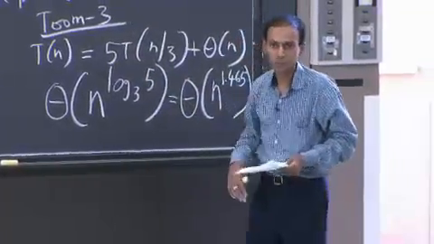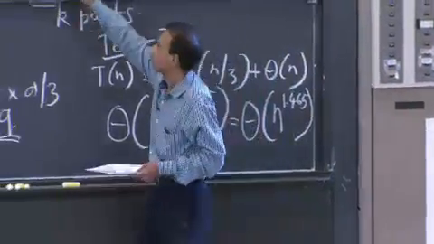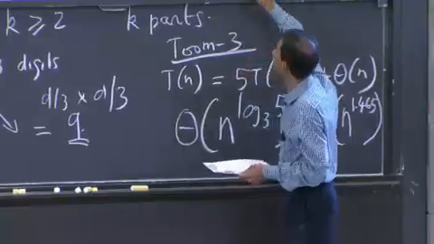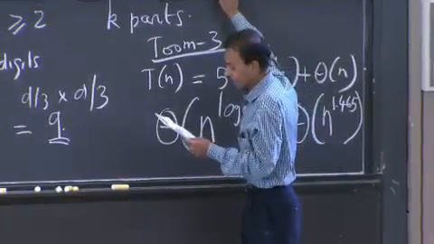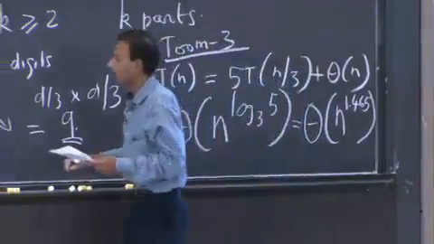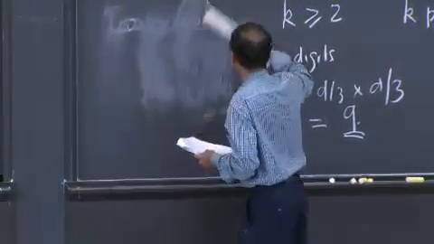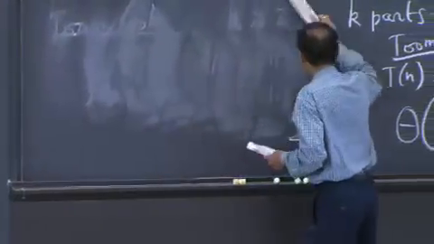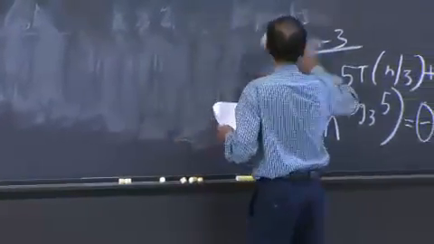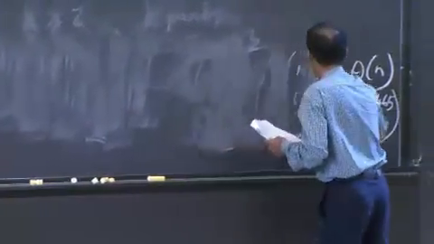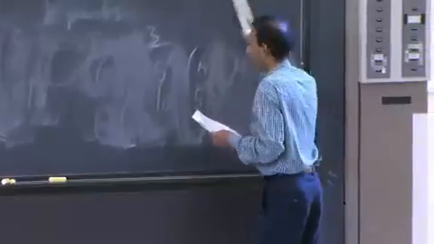I'll try to put this up to give you the complete picture once we're done talking about the division algorithm and its complexity. But before I do that, I just want to give you a sense of the convergence of this scheme. Again, I want to give you an example first, and then I'll argue about the convergence.